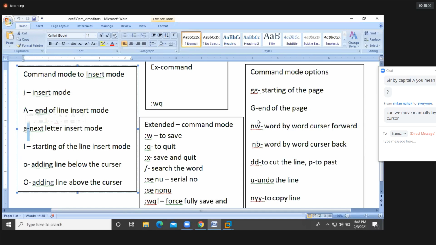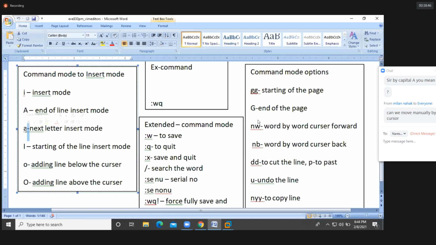And small a also we have. Yes, you can use navigation keys manually also, there is no issue. See, simple, guys. While I'm editing the file, I need to edit the file from the end of the line. I have a lengthy line, so I need to place the cursor at the end of the line. So you can use capital A, and directly you can switch from command mode to insert mode, and the cursor position will change. No need to enter insert mode separately, and no need to use the navigation keys. We are reducing our work.